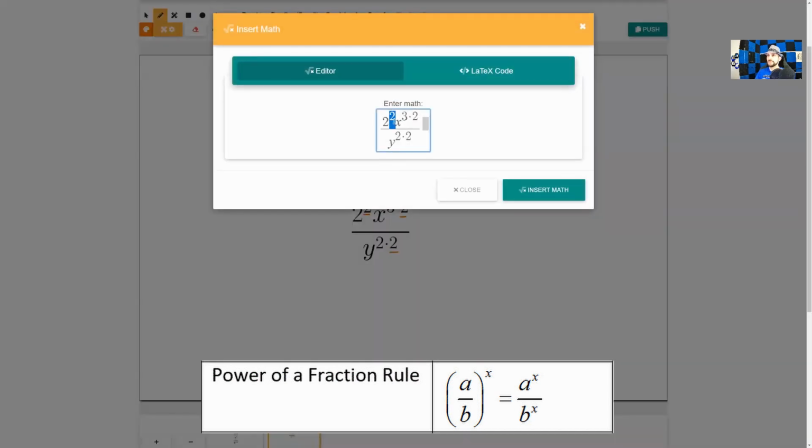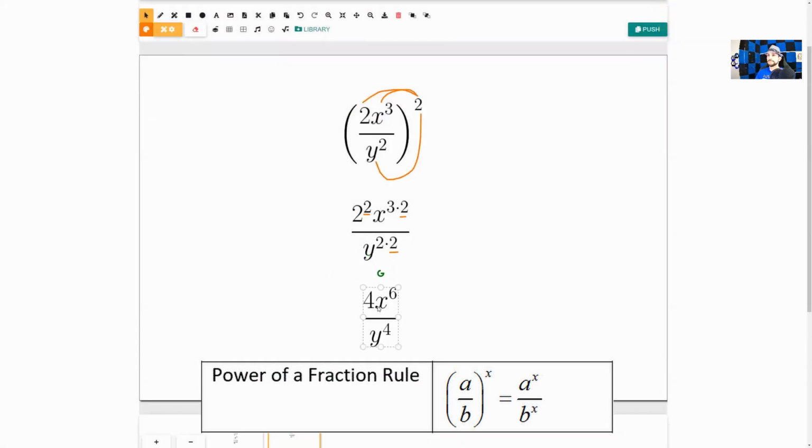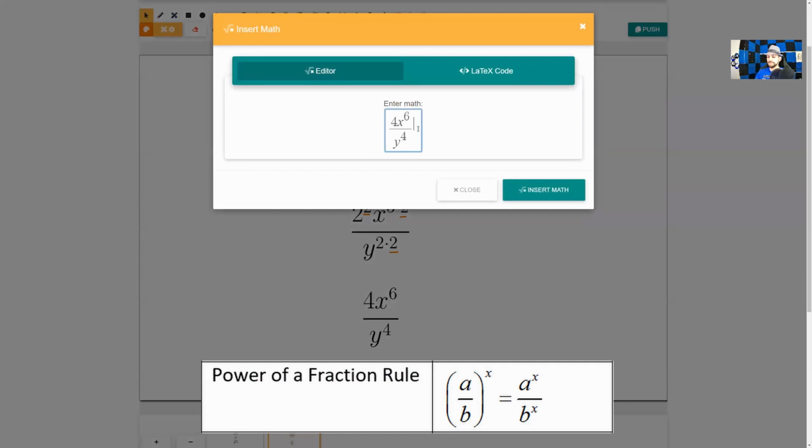Simplify, 2 squared is just 4. X to the 3 times 2 is x to the 6th. Y to the 2 times 2 is y to the 4th. Easy peasy lemon squeezy. Of course, if you're asked to write this not being a fraction, you could also write this as equals